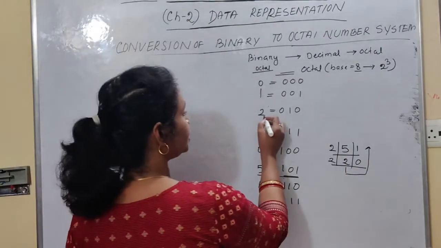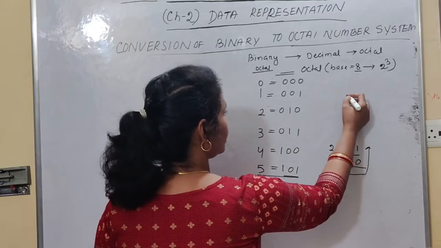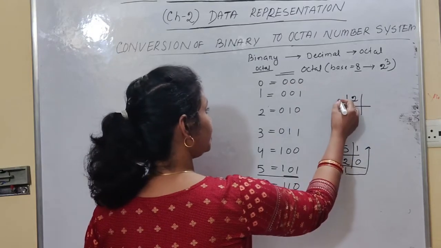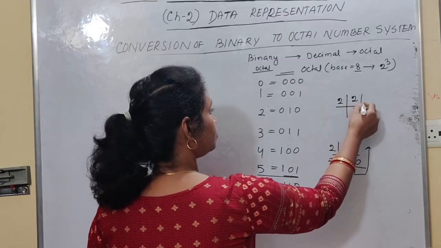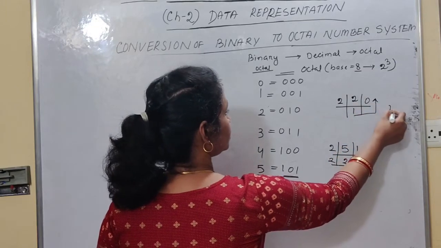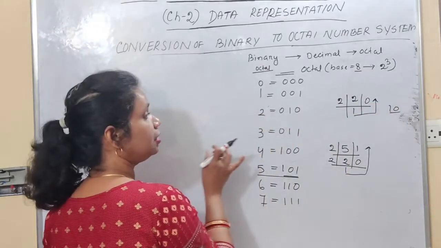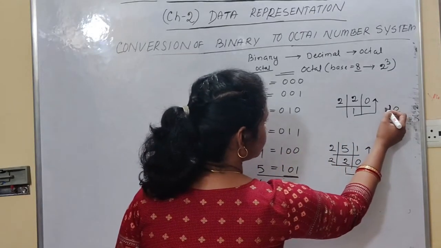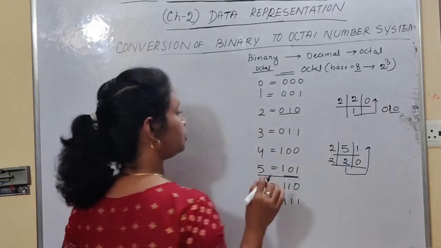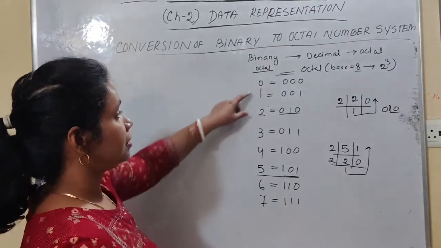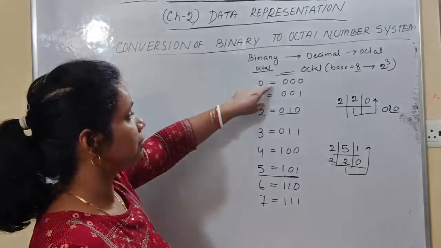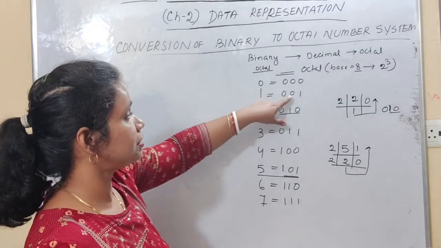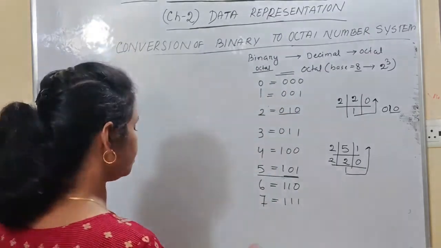But if you are going to represent 2, suppose 2 is an octal number, you have to represent it in its equivalent binary. Repeatedly dividing by 2, 2 ones are 2, the remainder is 0, so that is 1, 0. But now this is an octal number, so you have to use 3 bits. So before this 1, you have to add 0. So it is 0, 1, 0. So the binary representation of octal digit 0 is 0, 0, 0. Similarly, 1 is 0, 0, 1, 2 is 0, 1, 0, and so on.